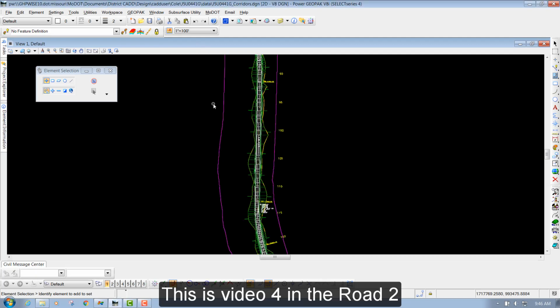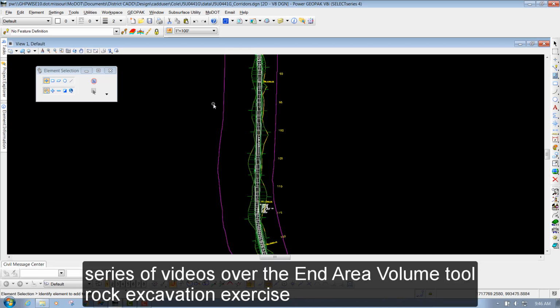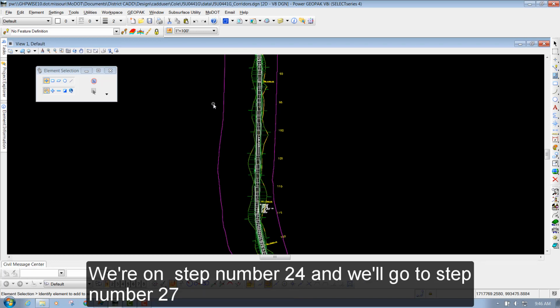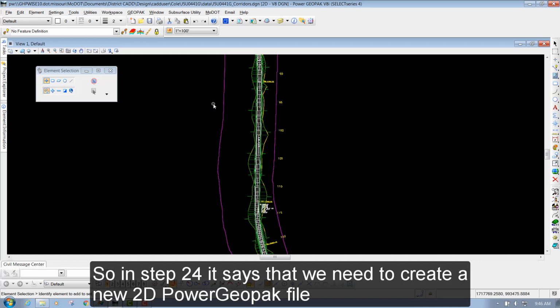This is video 4 in the Road2 series of videos over the End Area Volume Tool, the rock excavation exercise. We're on step number 24 and we'll go to step number 27. So in step 24 it says that we need to create a new 2D Power GEOPAK file and give it